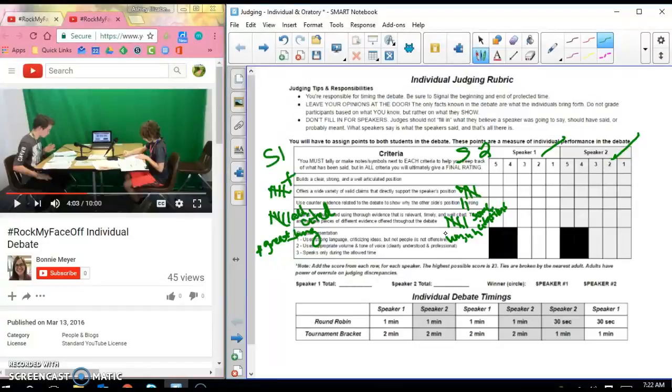Again, really what you're looking for is how these things are different. So by the time I'm finished, I would rate these things, and I would make sure that I was rating them differently, even though there were probably some similarities. If I had rated this all the way through, these would be very similar. This one is going to be up here, whereas this one's only going to be here. And in the last one, I'm going to make this one a 3 and this one a 2. So ultimately, I would tally this, my winner, so I would put a total